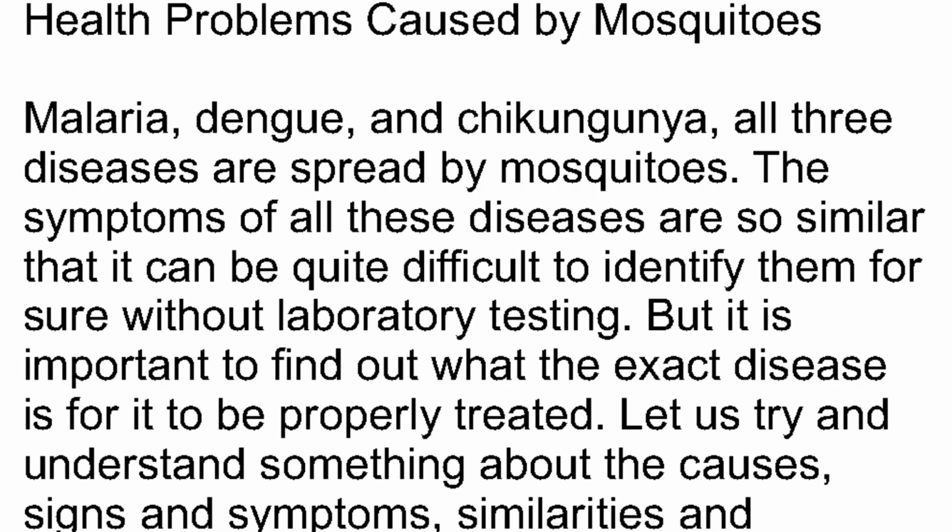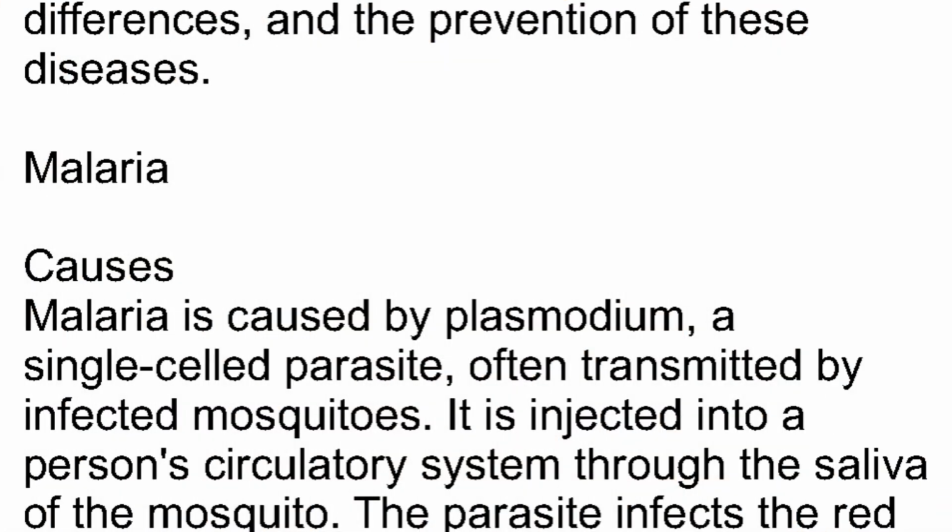Health problems caused by mosquitoes. Malaria, dengue, and chikungunya. All three diseases are spread by mosquitoes. The symptoms of all these diseases are so similar that it can be quite difficult to identify them for sure without laboratory testing. But it is important to find out what the exact disease is for it to be properly treated. Let us try and understand something about the causes, signs and symptoms, similarities and differences, and the prevention of